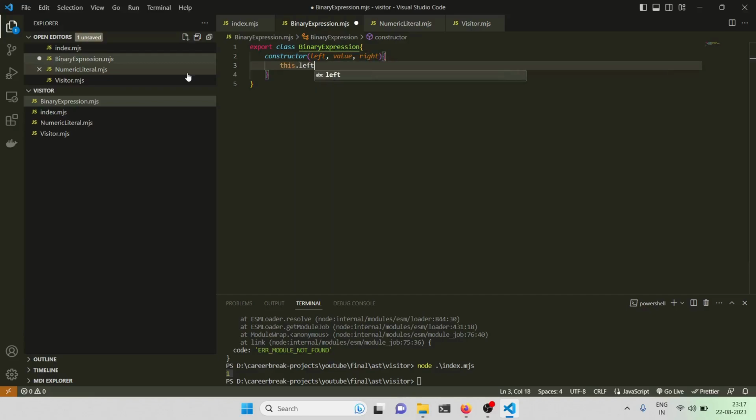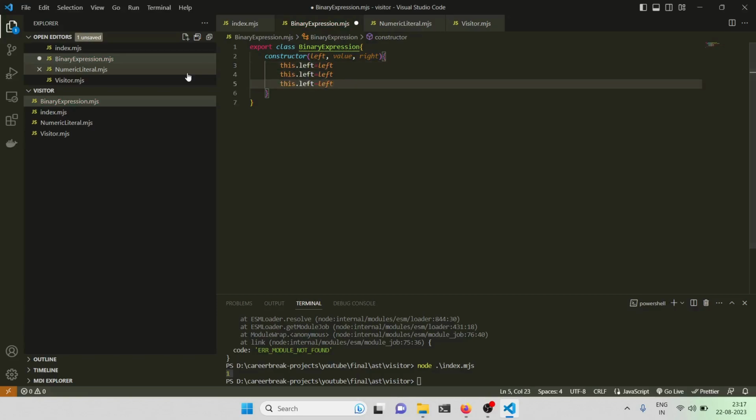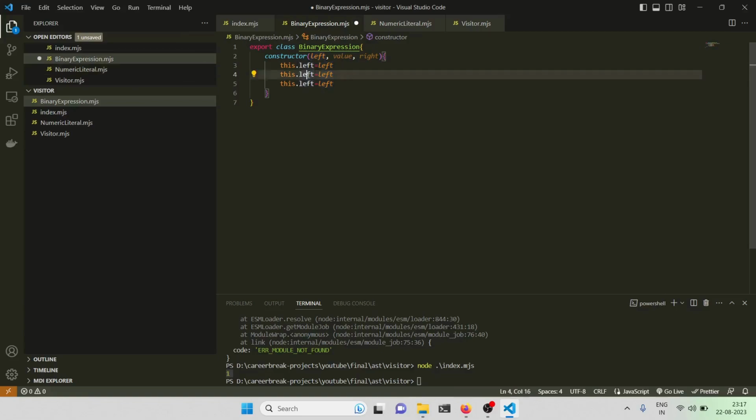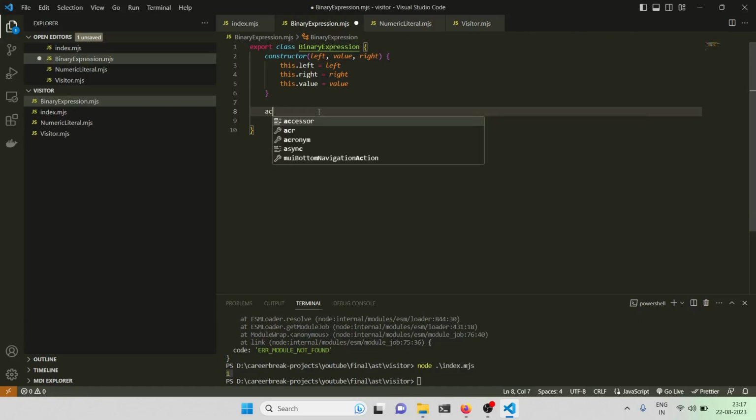This dot left equal to left, let me change it. I think it's selected in the wrong place. Yeah, correct. This dot right, and then value, I guess. Let me clear it. Okay, so we'll be doing something similar here. Sorry about that. Okay, something similar here also, except